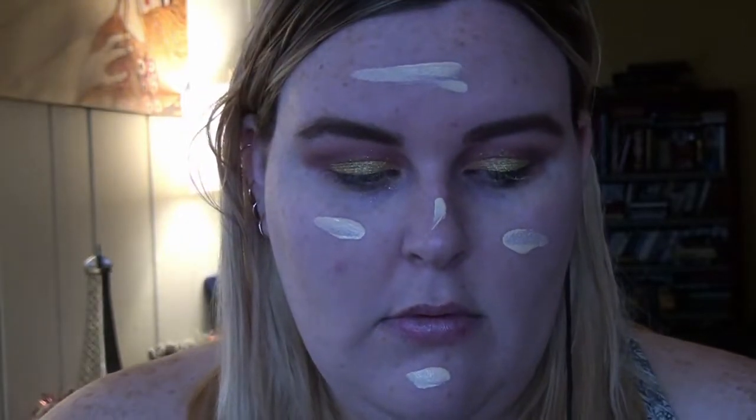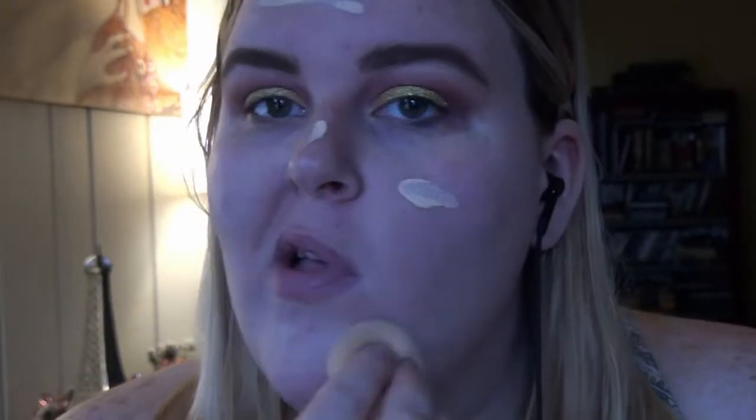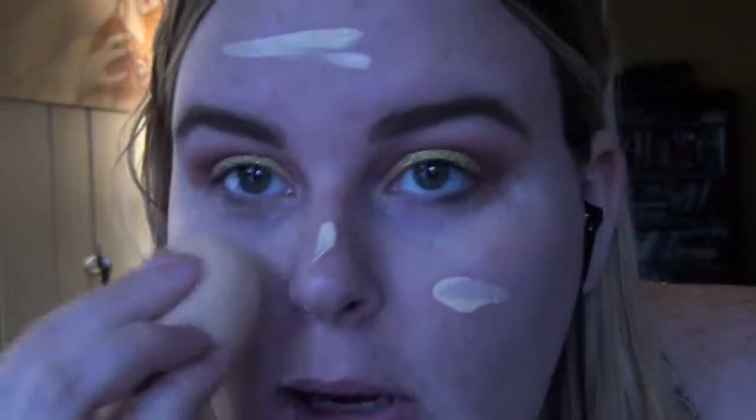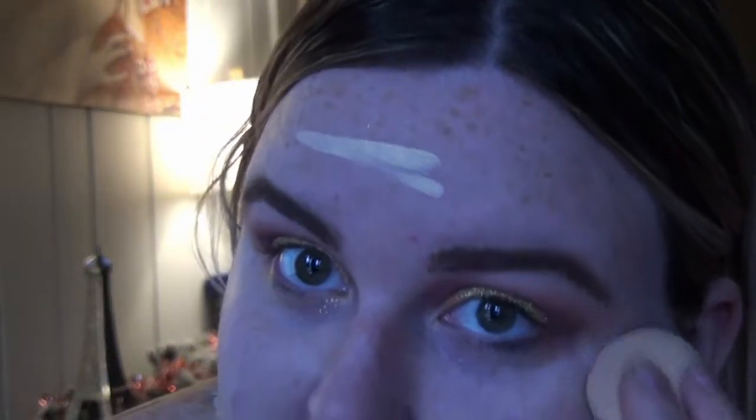And I just don't go in with my Wet n Wild Photo Focus foundation. I do not use a lot of this. And I'm going to go in with my beauty blender and just dab this around. Don't worry about any blemishes because we will